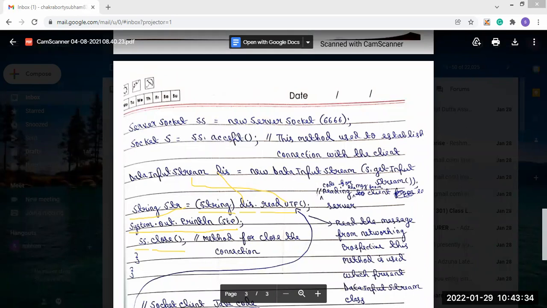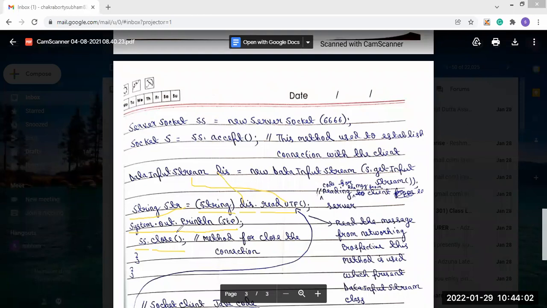Using the ServerSocket object we started the connection, and in the same way, after the work is completed, using the ServerSocket object we call the close method. It will terminate the connection. Our work is done, so now we will terminate the connection using the close method with the ServerSocket object.